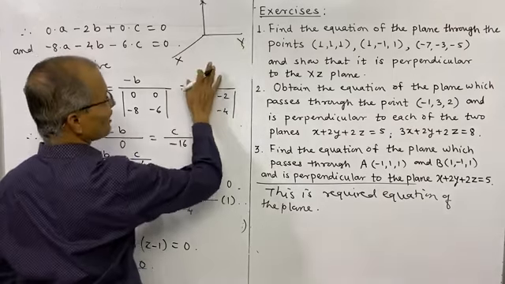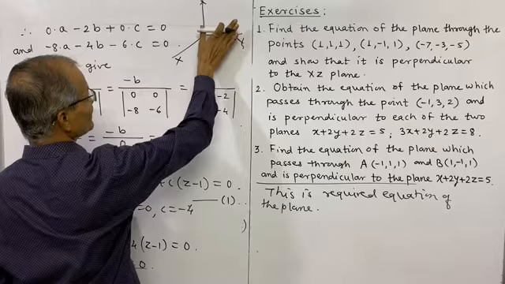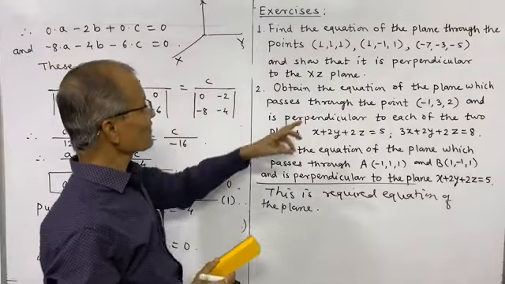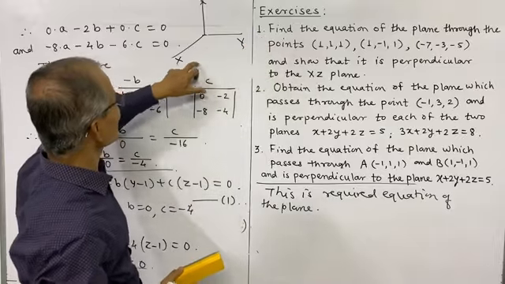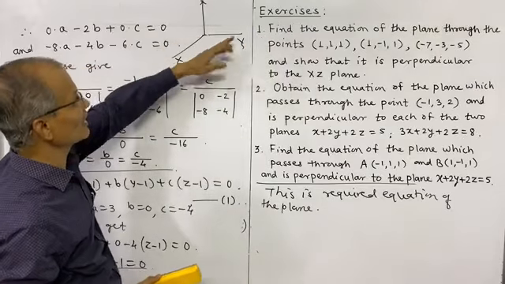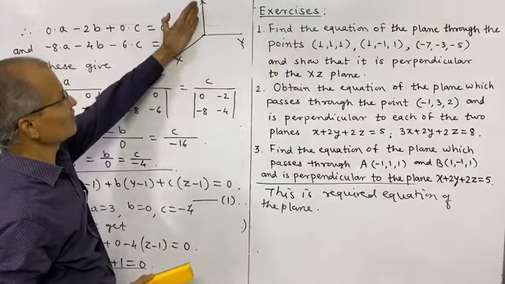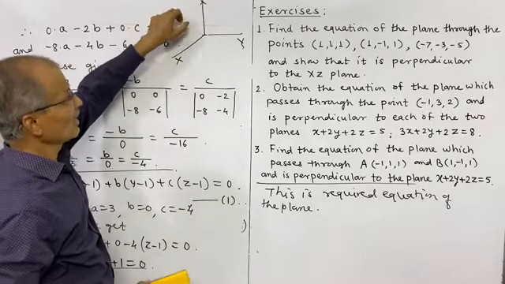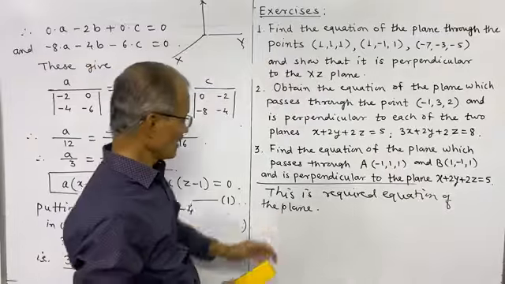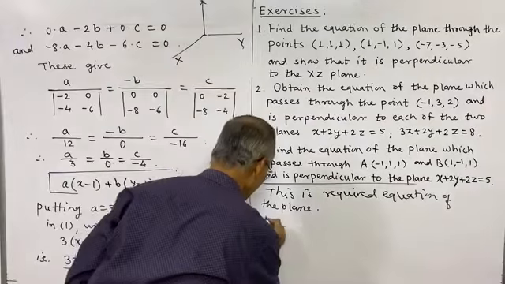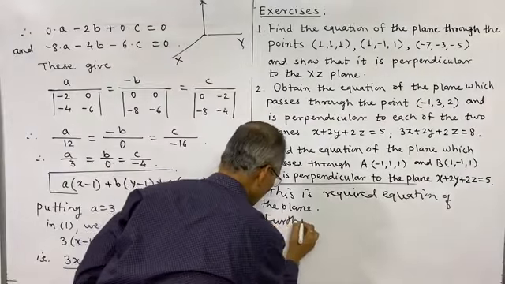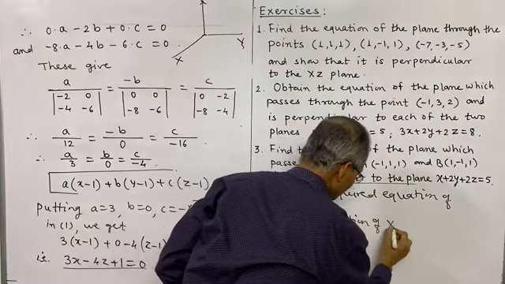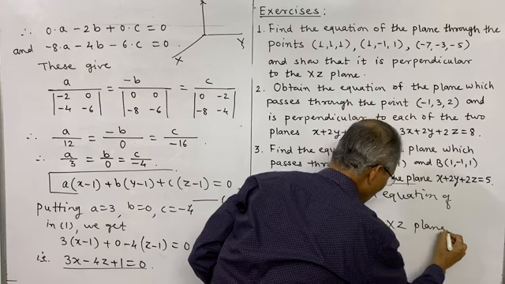In the yz plane, the x coordinate is 0. In the xz plane, the y coordinate will be 0. So this is the xz plane, this wall you may imagine, and then y is 0. So the equation of the xz plane is